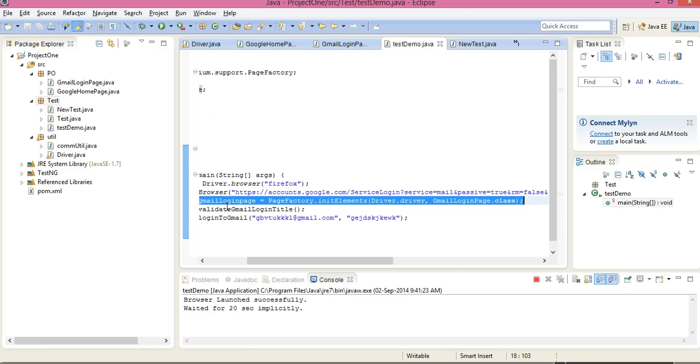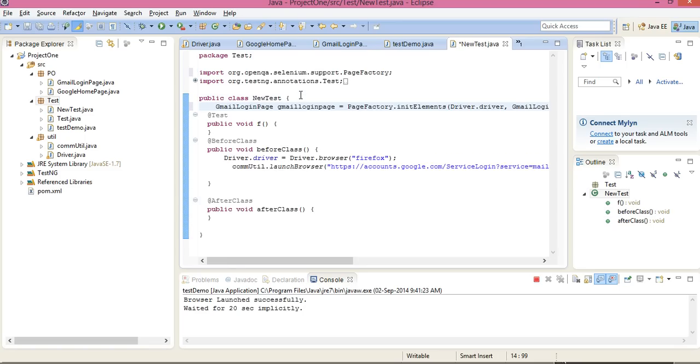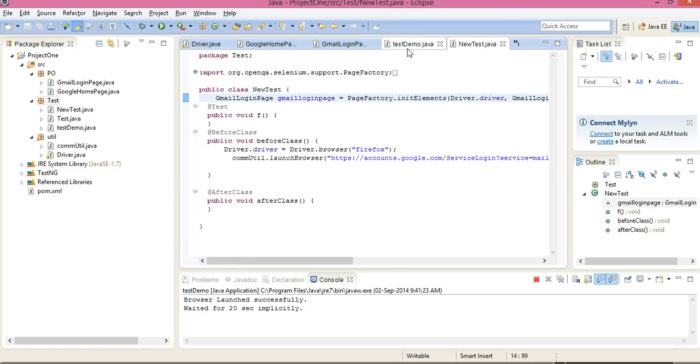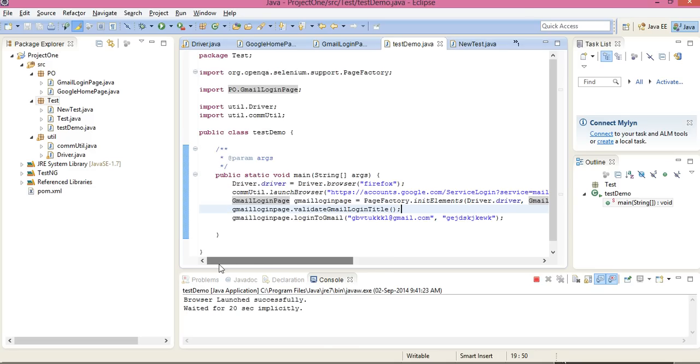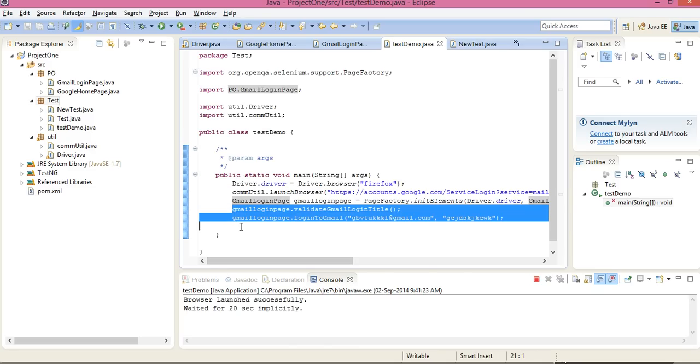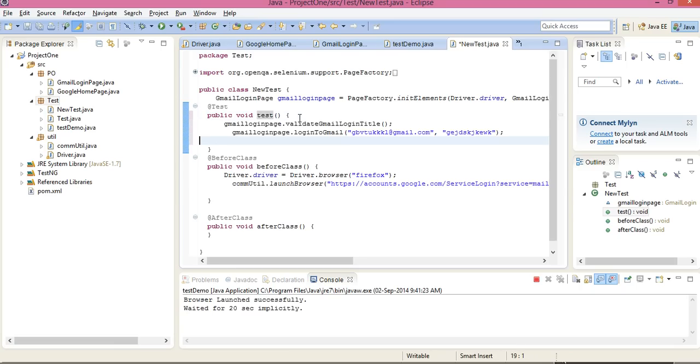This thing I'll put outside because it will just create the reference. And these things I'll put under the test, under the test,